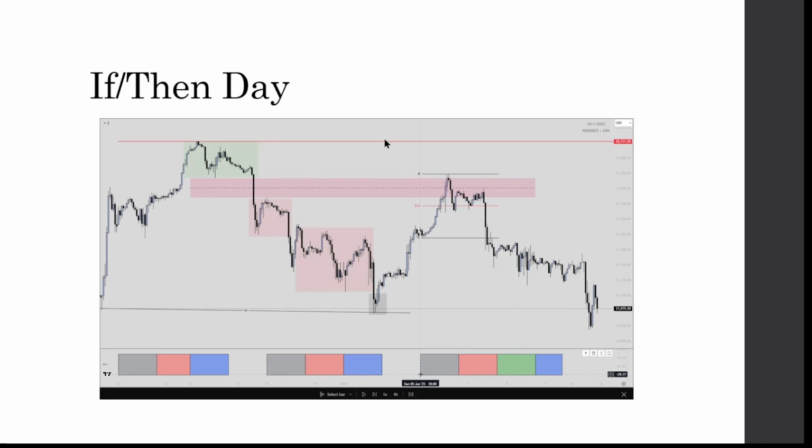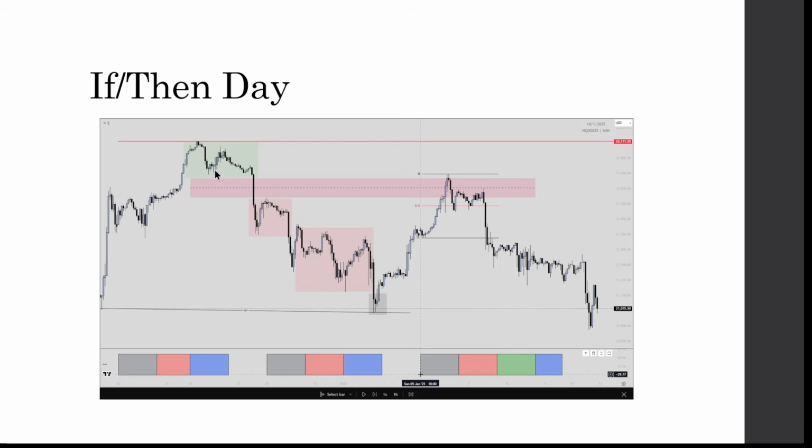All right, so we are introducing an if-then day. What's an if-then day? An if-then day is when price expands in the direction of your draw on liquidity. Over here, we were seeing a market maker buy model and we were initially bullish. Price then initially expands in our direction, but within that same trading day, price then reverses, trading into the 50% of the range between the low and the high of the current day. And when price does that, it does not go any higher and it does not go any lower, entering into the next trading day. When we enter into the next trading day, that day is considered an if-then day, meaning that we need more confirmation to have any